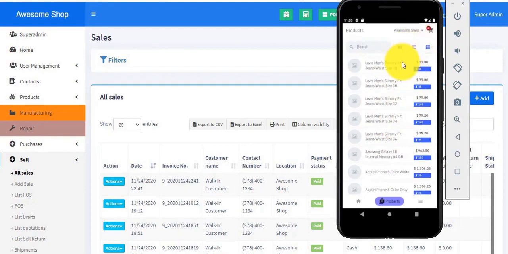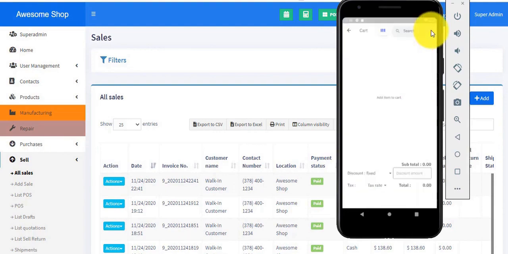To add any product to the cart, you just have to click on this particular product, so you can see it is added to the cart. If I click it once again, it is added to the cart. So you can easily add any product by clicking on the product. After you have added it to the cart, you have to click this cart button from here,